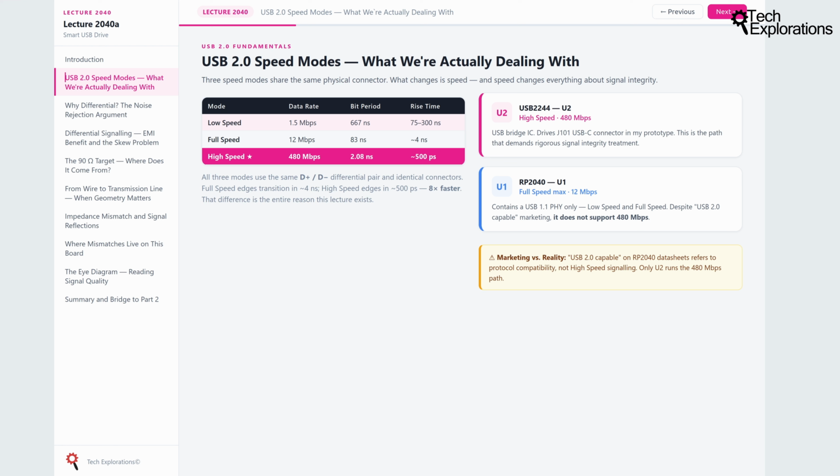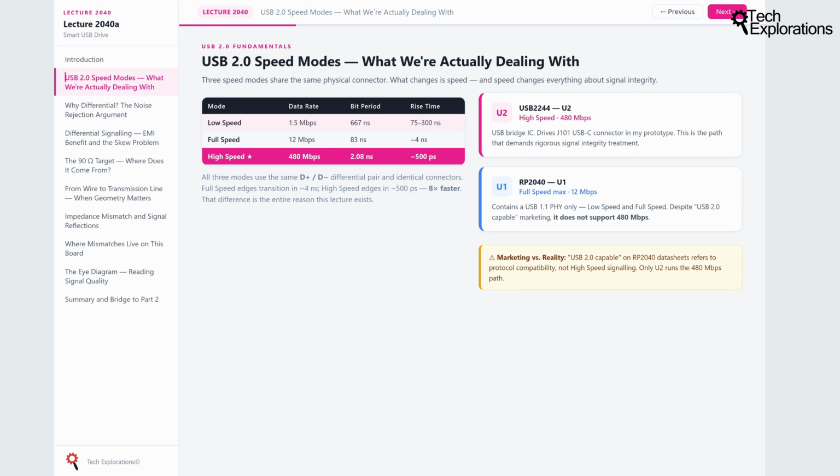One clarification that matters specifically for this design is this. The RP2040 microcontroller contains a USB physical layer. It's called PHY, but it's a USB 1.1 PHY. It supports only low speed and full speed. It doesn't support high speed 480 megabits per second, even though the chip is often described as USB 2.0 capable